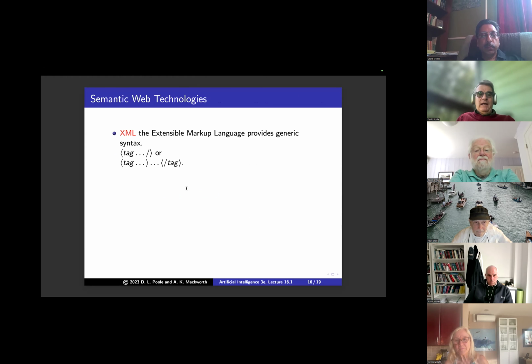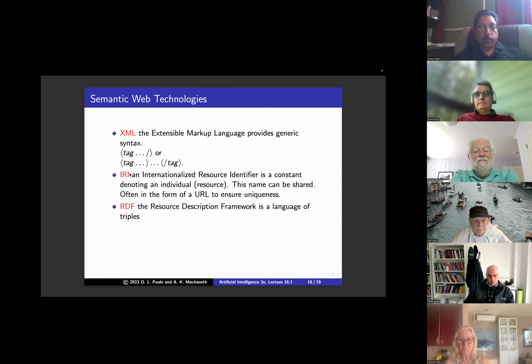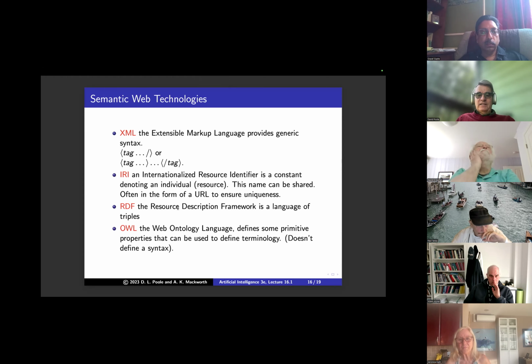And then we talk about the semantic web, because if you look at what Prolog is downloading, it ends up being this very horrible XML thing. It's readable, but only just. RDF, in the language of the semantic web, is just the language of triples. So Wikidata will feed it all back to you in RDF. And OWL gives some primitive properties. OWL is the web ontology language that we give an introduction to, but it's too complicated and weird for anyone to actually use, as far as I can tell.